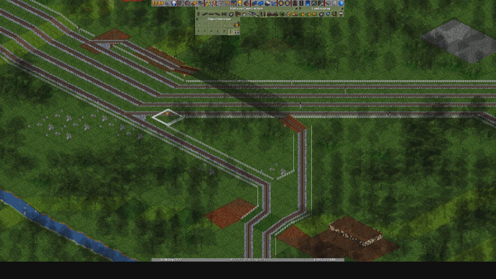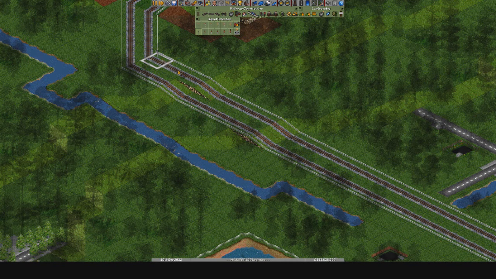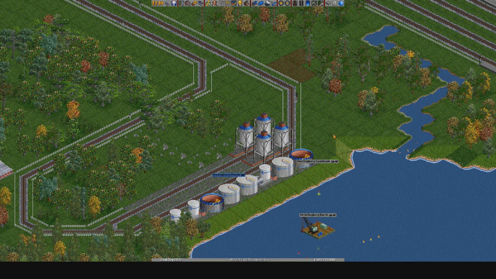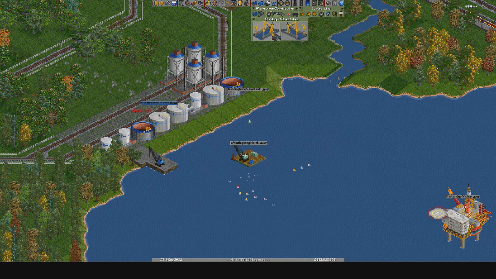Now it's connected. We'll move this signal to here. We'll put that one there. And we'll upgrade that one. And then we'll remove that one. Now here we'll put a signal there and one there. We'll put another one there. And then we'll pop these in. Like so. Apart from this one, which is a path signal. Perfect. Okay. So that's that done. We now need to put a dock here. And a...